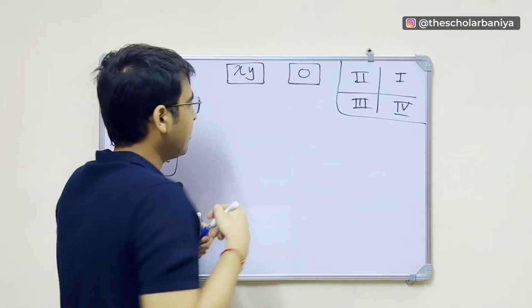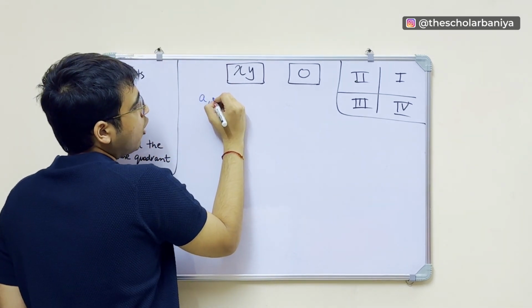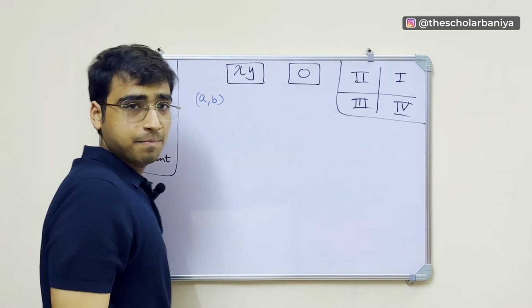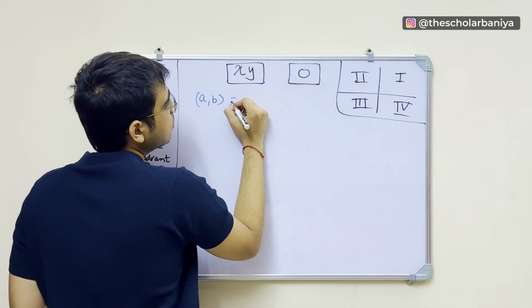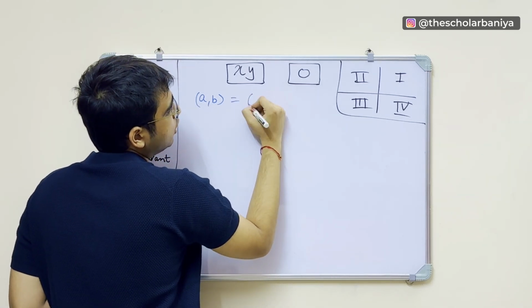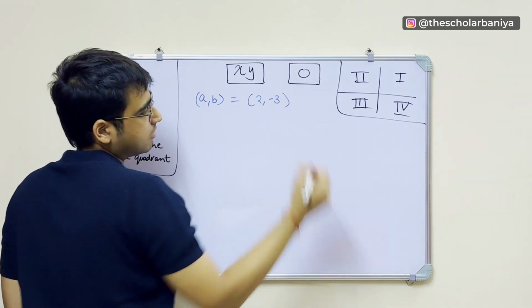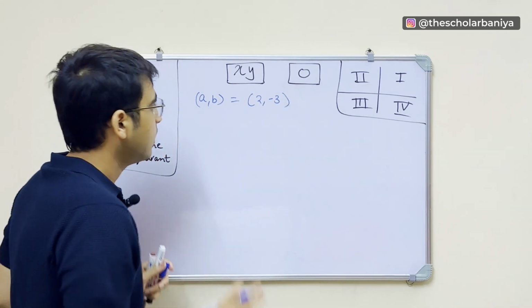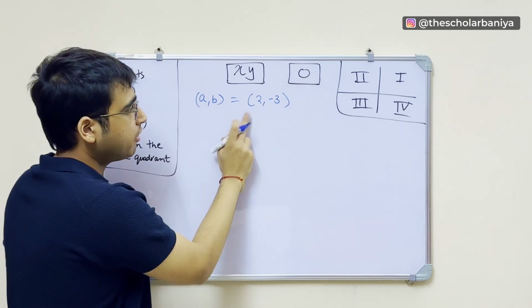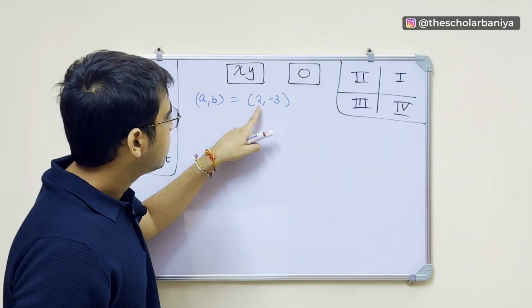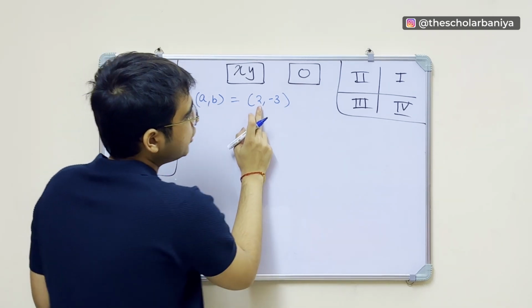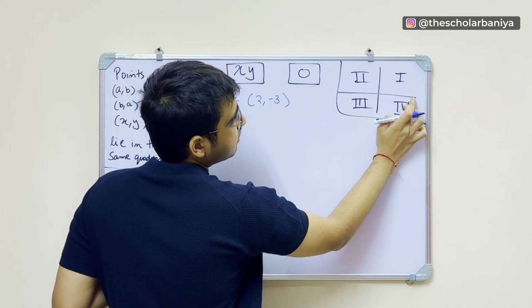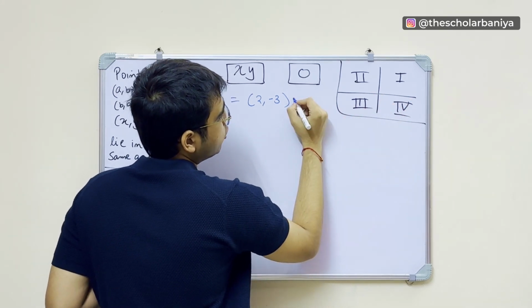Now tell me one thing. For example, if (a, b), right, is equal to, let's say, (2, -3), right? The value of a is 2, the value of b is -3, right? Then what will be the quadrant for this? This is positive, this is negative, right? So which quadrant is this? Positive and then negative, so this is the fourth quadrant,